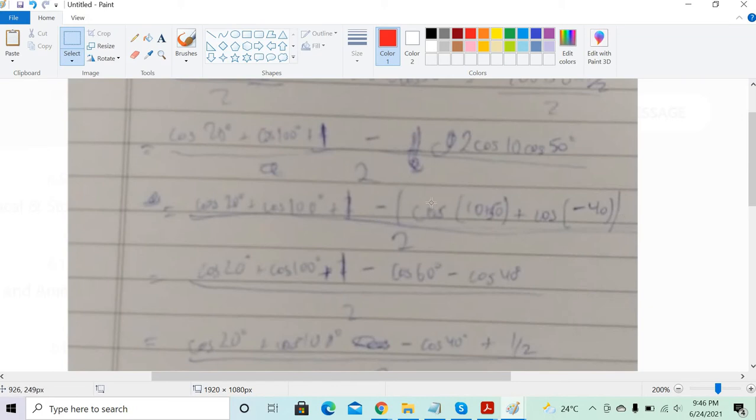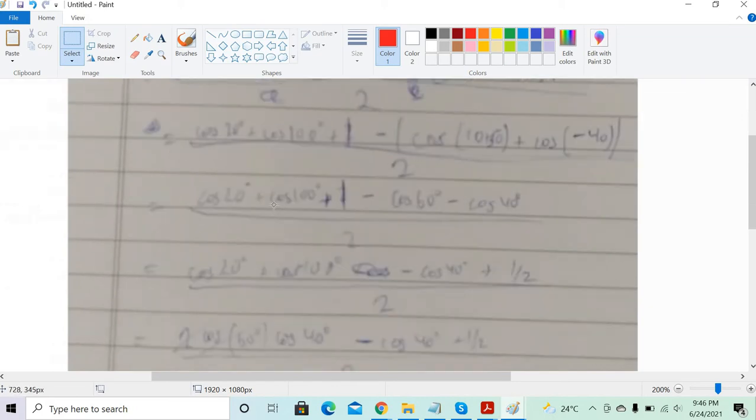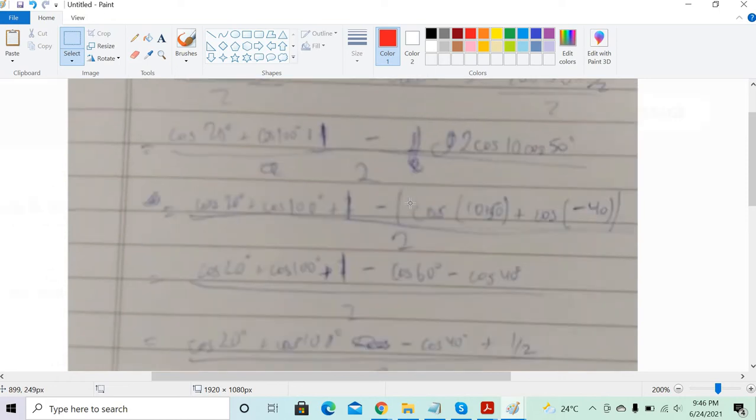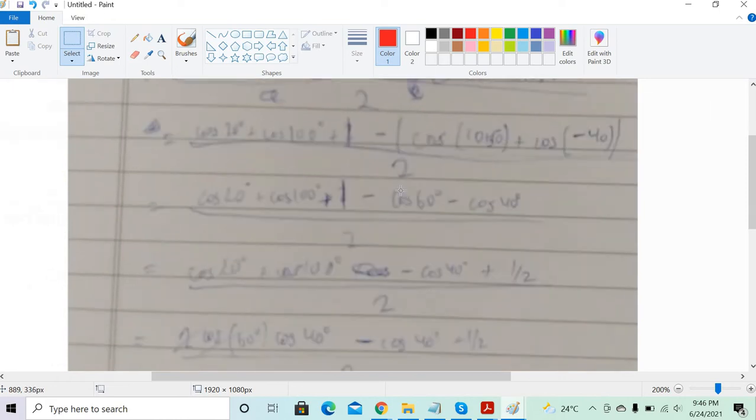Cos 100. This is like the third time I did this question. But it's good. This learning is more than enough to solve 10 more problems. You can't compare this learning with any other. If you get everything correct, you won't learn much unless you make the mistakes and correct it, debug it. That learning is much higher. So cos 60 plus cos 100 you did, plus 1 minus cos 60 minus, what is this? Cos 40, right? Yeah, cos 40.